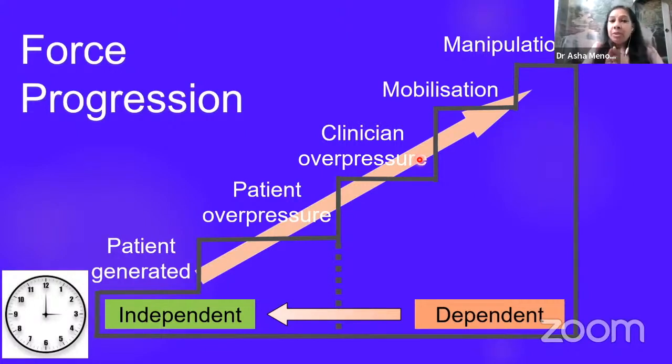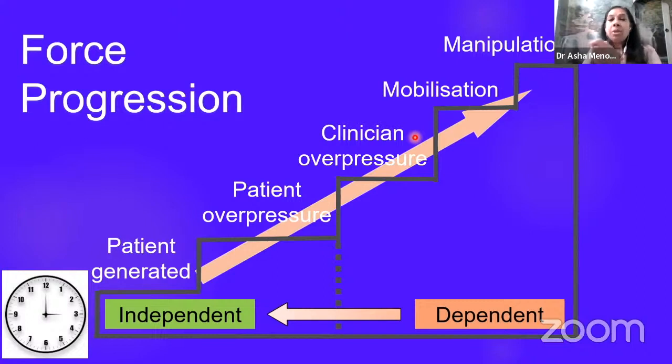Once we have the patient's symptoms reduced with our overpressure, or abolished, or he is centralized, then we would once again ask him, would you like to do another set? It is getting the patient very actively involved rather than paternalistically telling him, okay, let's do another 10 sessions, and that would be your home program. Once the patient has gone back with the clinician overpressure, he maintains that overpressure, he maintains that direction, and he goes back to doing that